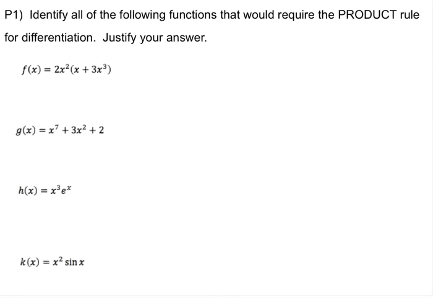Cool. So P1, identify all of the following functions that would require the product rule for differentiation. So you're not differentiating, you're just identifying which ones would require the product rule, right? And again, I'd notice the word require. So be careful here. Could I use the product rule on this one? Yes, I could use it as u and v, but it's not required, because the smarter play here would be to distribute,